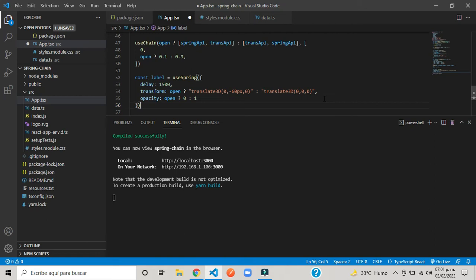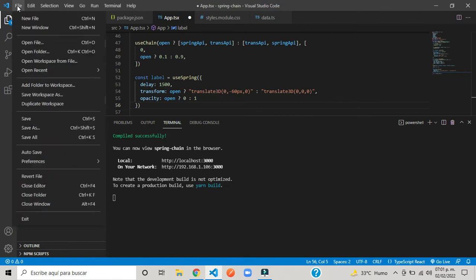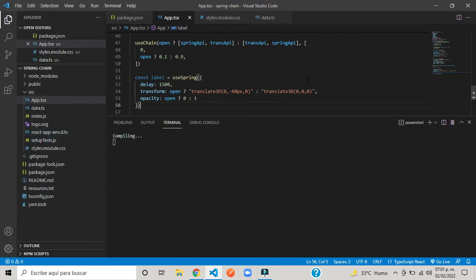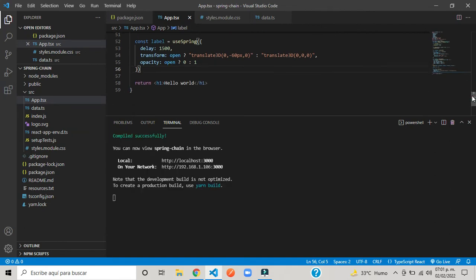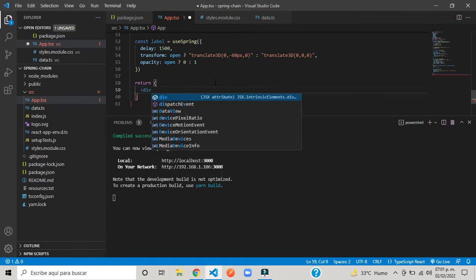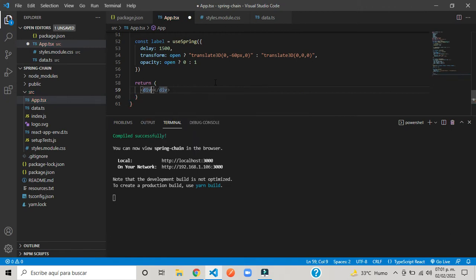And now we have to do the markup. Let me just save for now. Save. Just wait and hope that we don't have any errors. And okay, now we have to do the markup. So we open two big parentheses and we start with a div. This div has a class name of, it won't be strings, it will be like this,